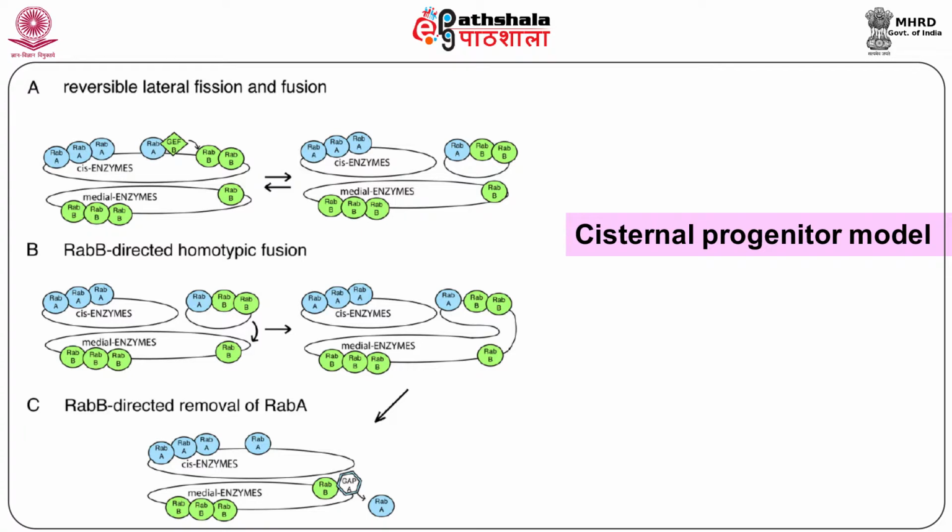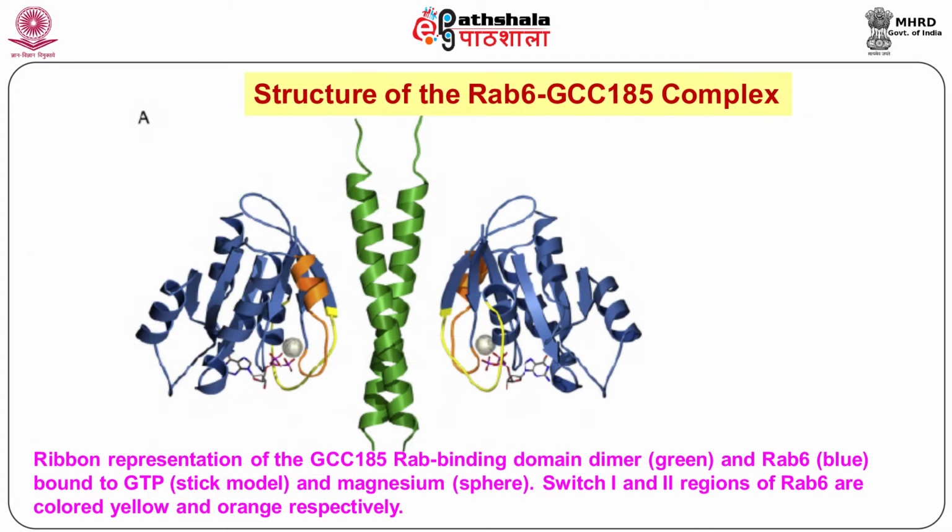At this stage, if the model holds true, then the presence and activation of certain Rabs would produce intracisternal chambers. These microchambers would retain specific glycosyl transferases. So, then the cargoes would have gained access to all of the glycosyl transferases that reside at each level of the stack. This is the structure of Rab6 protein and Rab binding domain